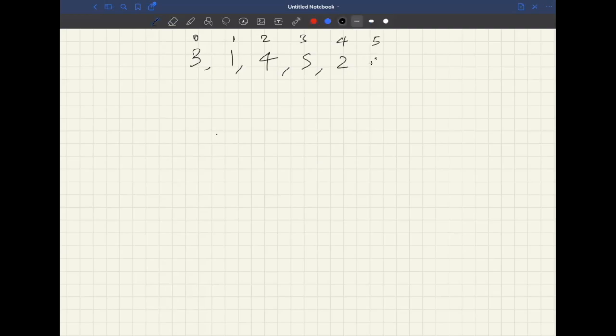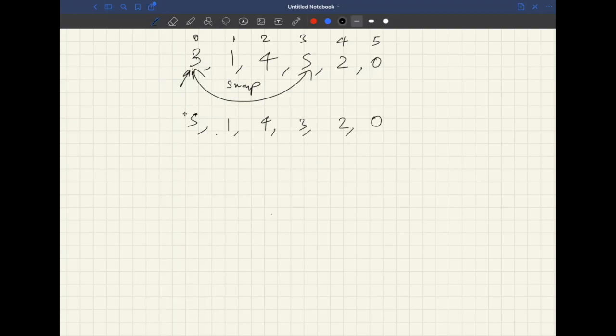I can say if I have something like 5, 0 here. So basically I'm going to check for this. I'm going to start my pointer from here. Is 3 at the correct index? It's going to be like, no, it's not. Then I'm just going to replace it with the correct index. Swap. Okay, so the array will become 5, 1, 4, 3, 2, 0.